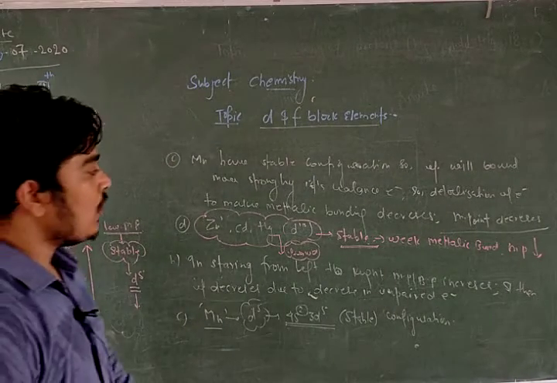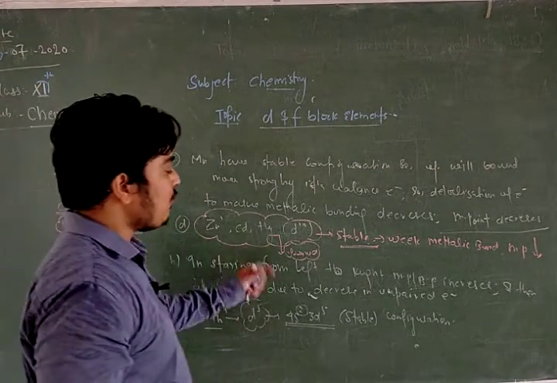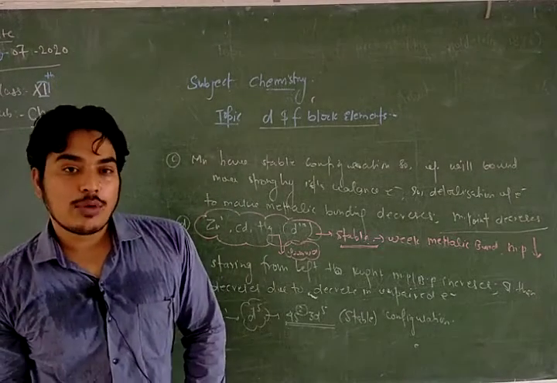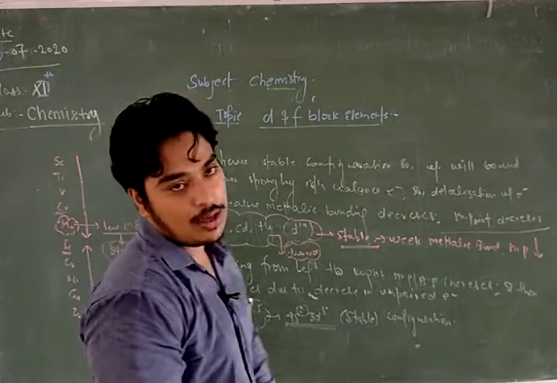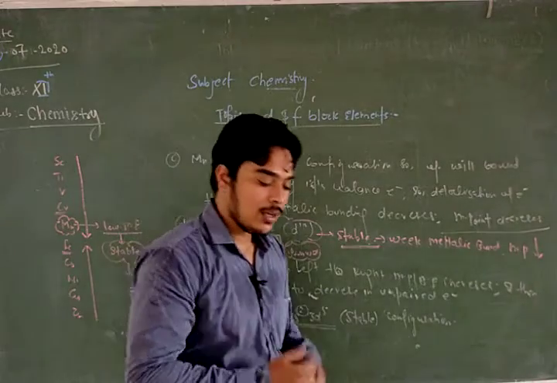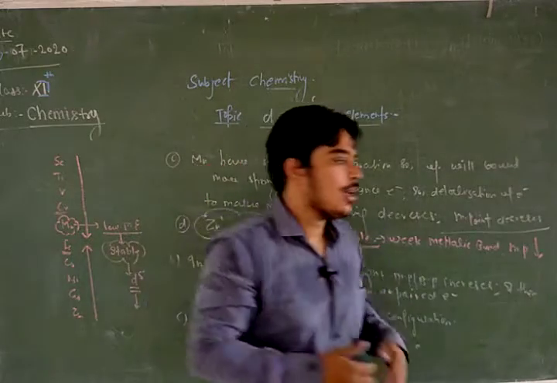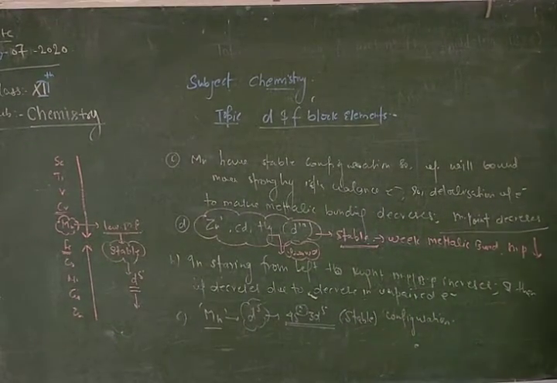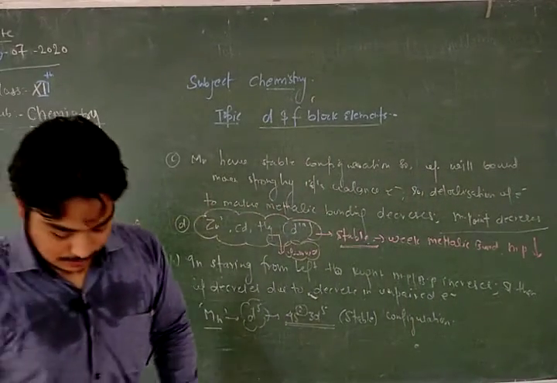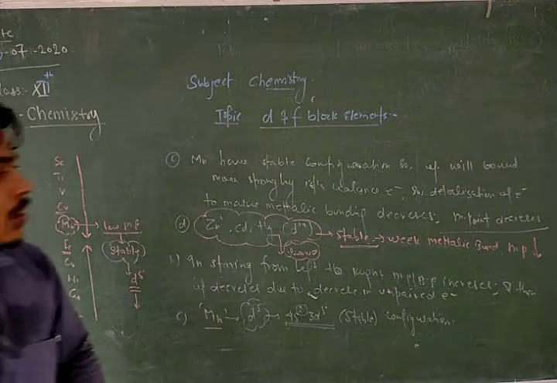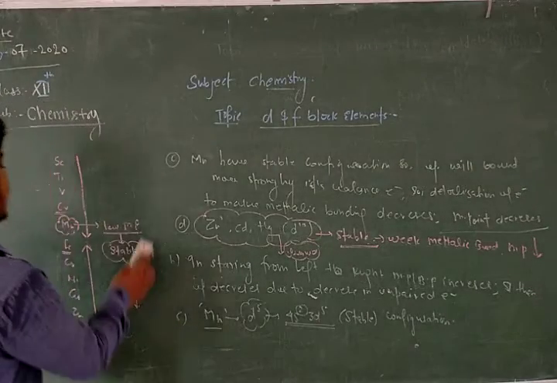This is the basic idea behind melting point. How are you going to judge the melting point of elements? Zinc, cadmium, mercury, these have very low melting point. Even manganese has low melting point. If the question appears in the board examination, you have to answer: since manganese has d5 configuration, it is very stable, its delocalization of valence electrons will decrease. If delocalization decreases, then what happens? Metallic bonding decreases and melting point decreases. These are some parameters. Go through the NCERT questions and practice. You will automatically have an idea about the melting point.